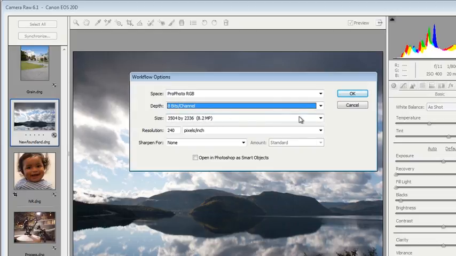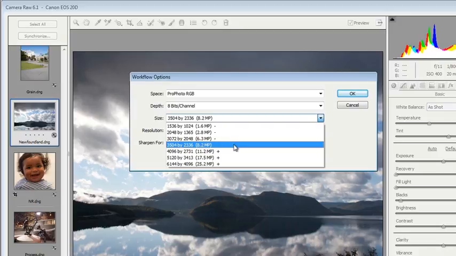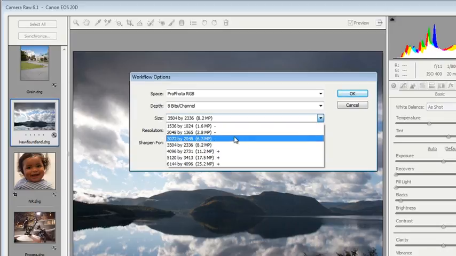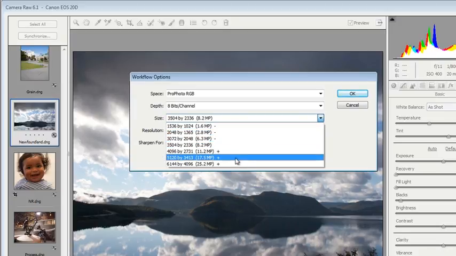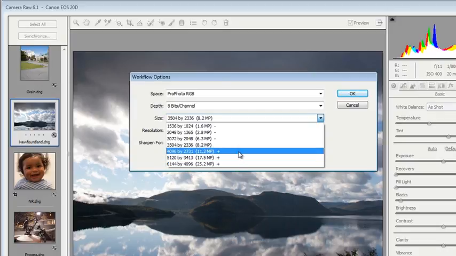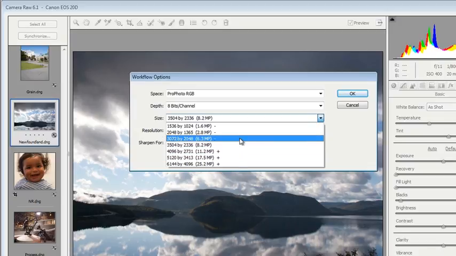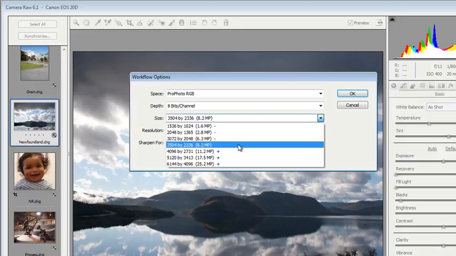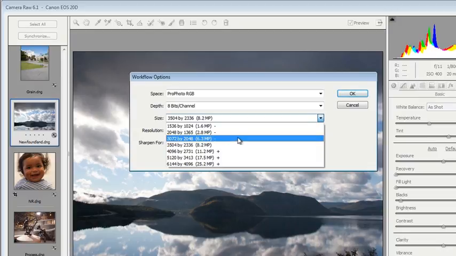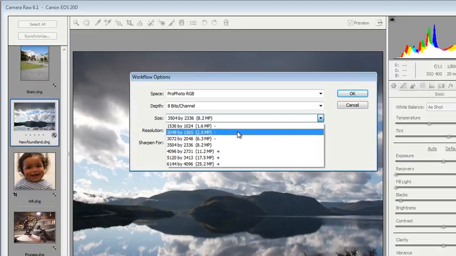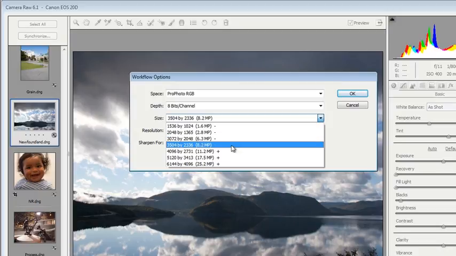We can choose the size here. Now the size will automatically default to the camera sensor's native resolution. You can see options here with a minus sign and with the plus sign. The plus options are upsampling your image, so you could have a larger image, and the minus sizes will be downsampling your image. I think for here we'll simply leave it at its default, but this is nice and handy to have here if you know that you're going to be working with a small image in the beginning. You can save yourself some time by opening a smaller sized image in Photoshop, but we'll leave this here at